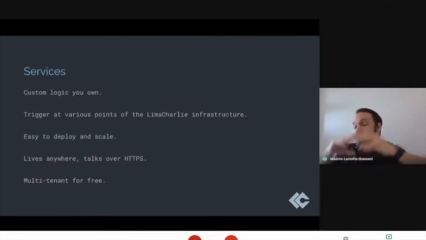So there's a bunch of stuff that happens in LimaCharlie, right? You have endpoints, you have logs coming in, endpoints coming in and out, and in different organizations, because LimaCharlie is inherently very multi-tenant. And we wanted to make it possible for a service to be aware of those things in a very easy way and to react to those cues as to what is going on within LimaCharlie. So you'll be able to get those triggers, and you'll see what that looks like. We wanted it to be very easy to deploy and scale.